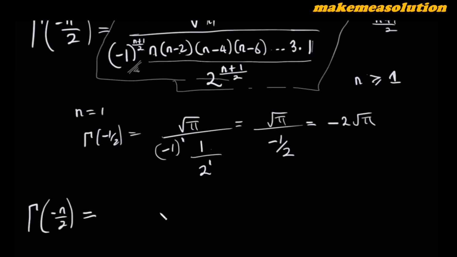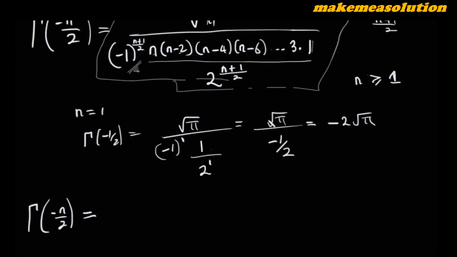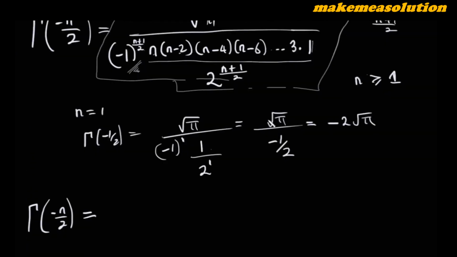Okay, so you have, now I want us to know something, that according to this formula over here, I have root pi divided by this whole product. Okay, I'm going to apply some laws of indices to resolve it like this. So just follow me as I walk us through how I'm going to apply it. So I have